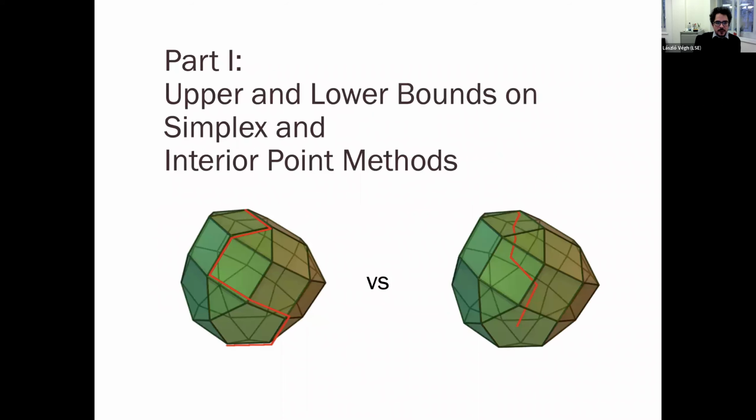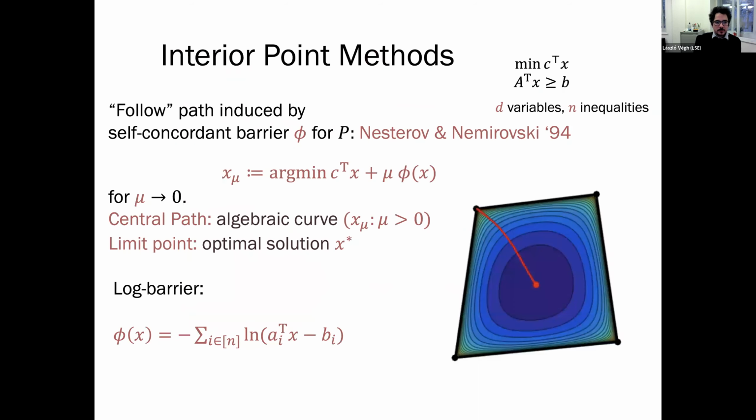So the first part will be this show off between simplex and interior point methods. I don't assume much or any familiarity with interior point methods. I'll just talk about them in very general terms and show some pictures. So a very general scheme would be the following. We take something called the barrier function, which